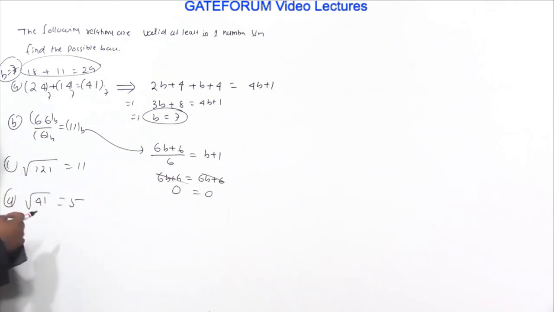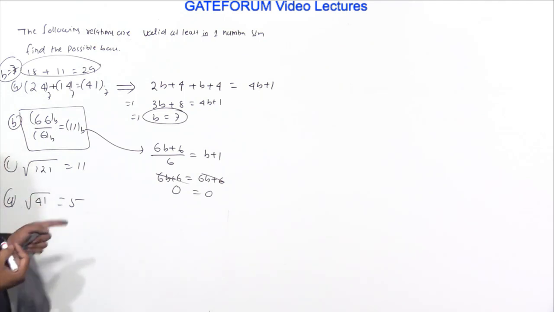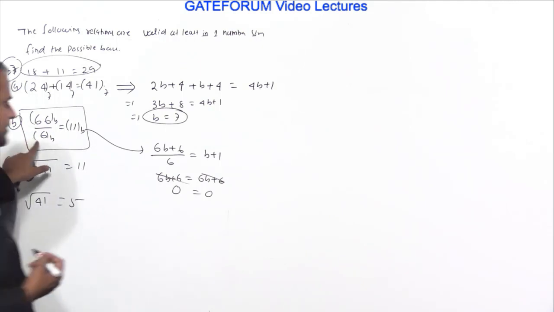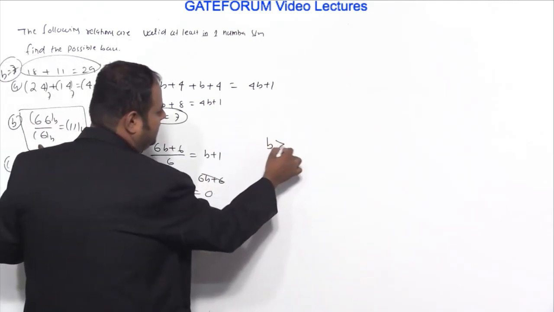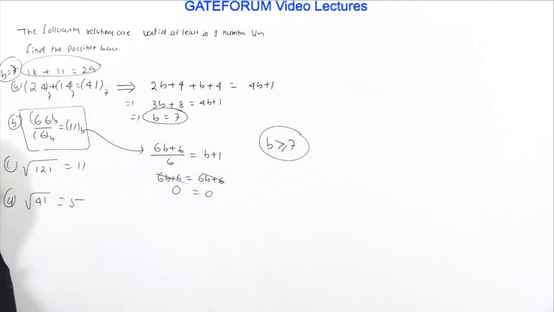Whenever you get this kind of situation in any of the problems, you see the entire equation completely and check what is the value of B that is possible. Because in these equations, the maximum digit being used is 6, B has to be greater than or equal to 7. I cannot say B equal to 6, because if the base is 6, the number 66 cannot exist. So the minimum value of B that is possible is 7. B can be 7, 8, 9, 10, anything, right? So B has to be greater than or equal to 7.